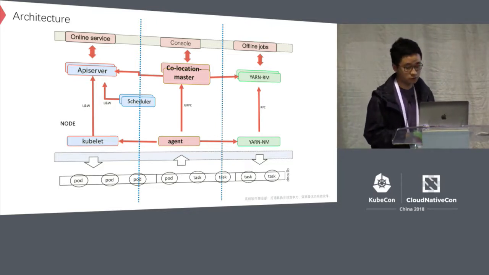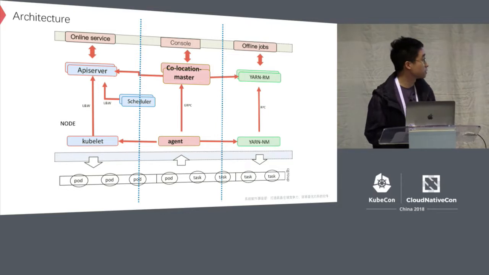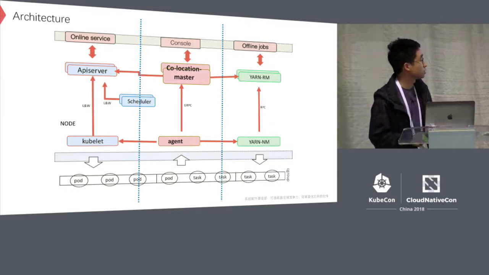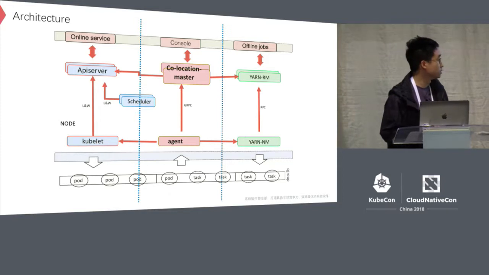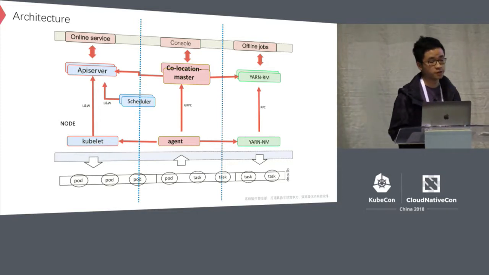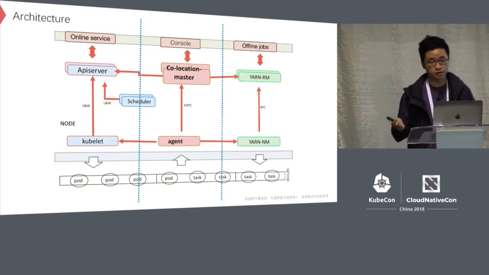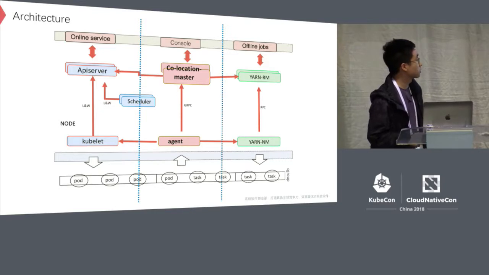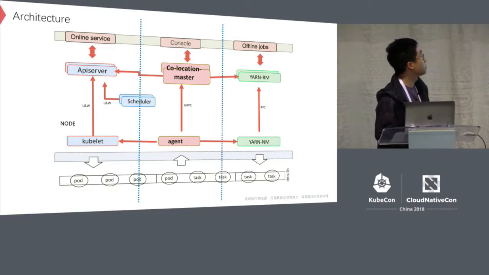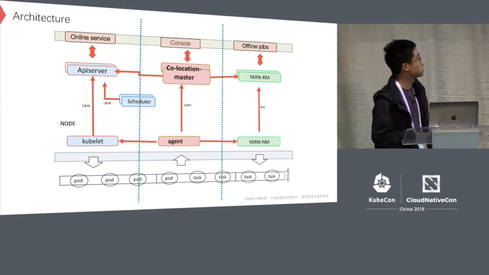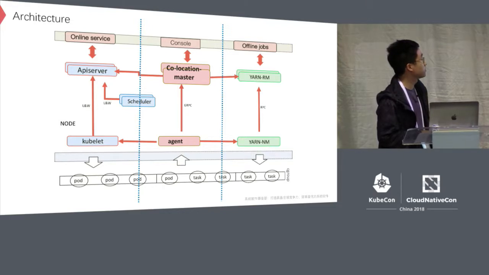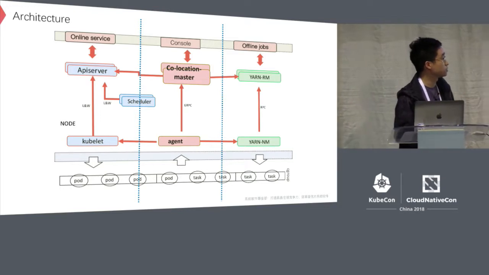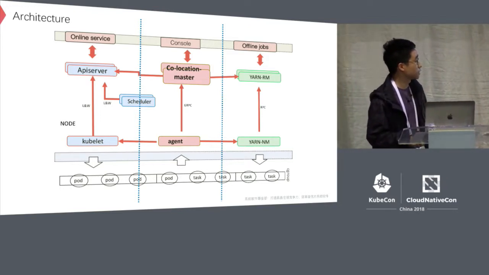So at the beginning, for the whole cluster, during the initiation via console, we deliver a command to the colocation master and to the agent. For each cluster and machine, we will have a ratio like 40% to Kubernetes and 60% to YARN, this kind of ratio. And after it is completed, each of the clusters will be deployed, and some of the files will follow the traditional pipeline, and some will move to the new one.